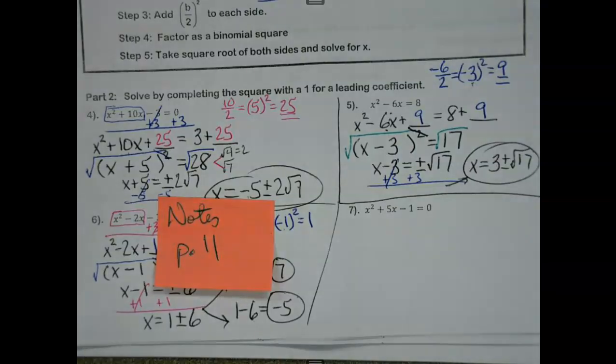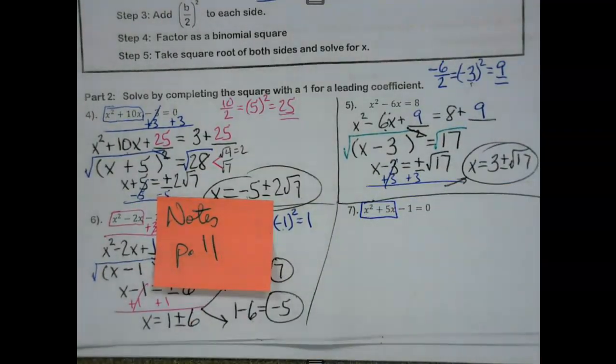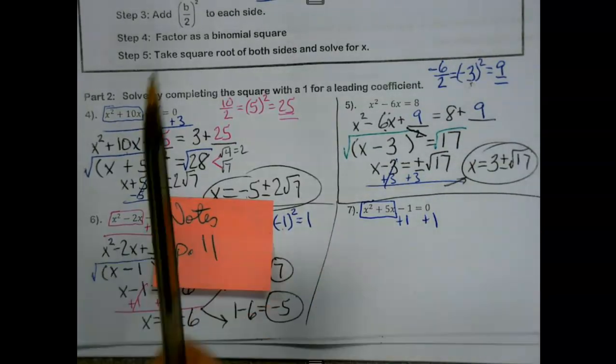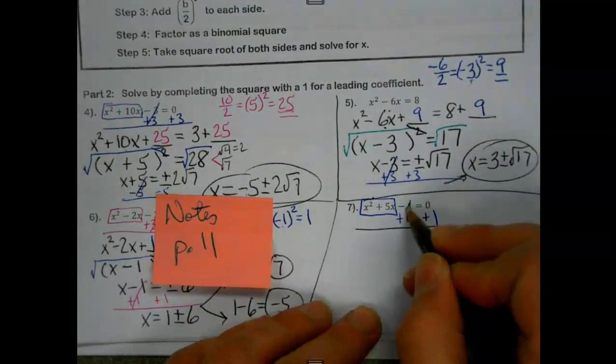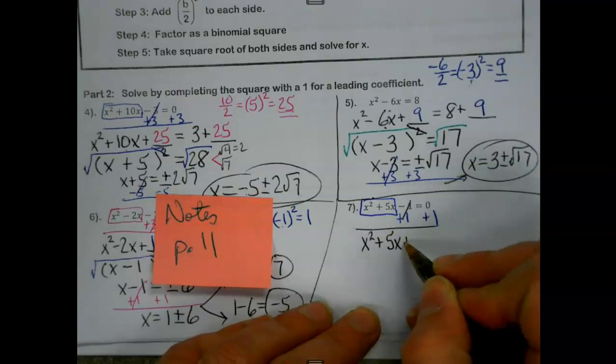So as we review this a little bit, a couple of reminders on completing the square, especially if you missed it when we went through the first time. So job one: x's need to be hanging out on their own. If they're not, that's our first job. And once we get them hanging out by themselves,